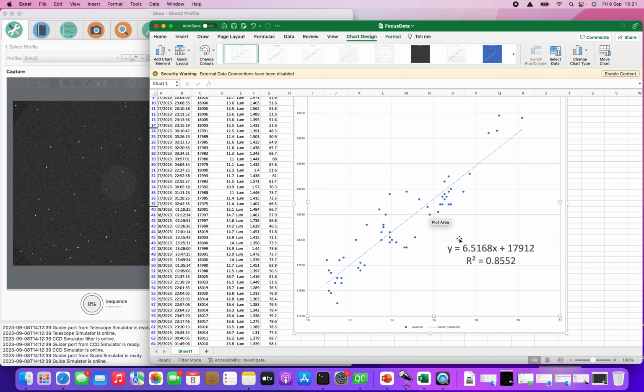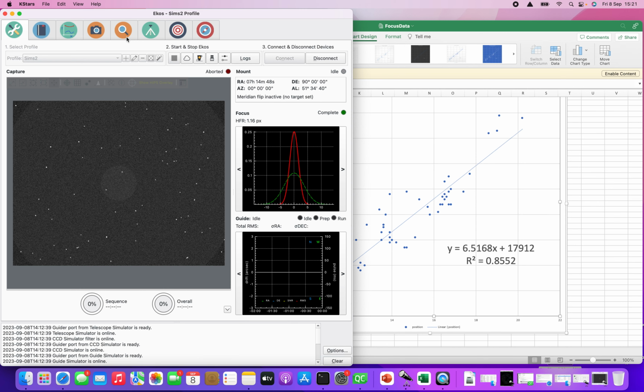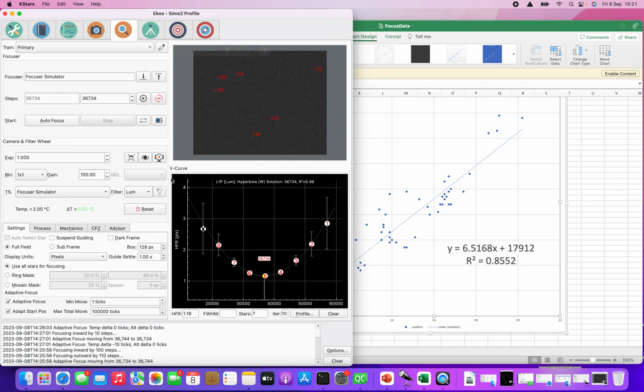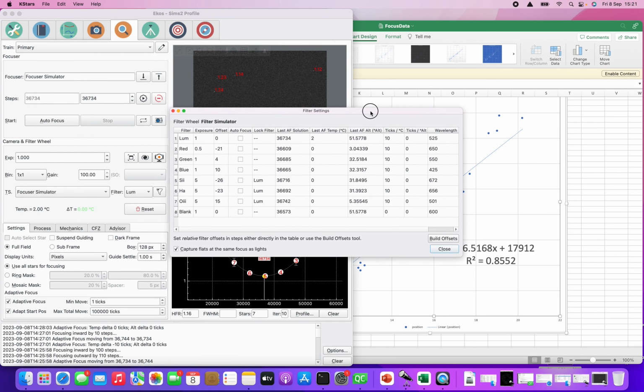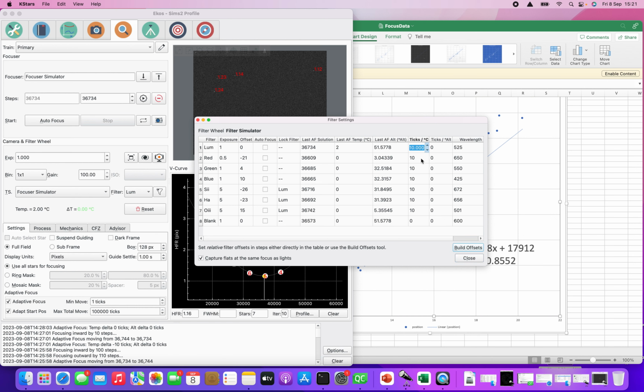So what I would do is take the results of this trend line, the 6.5, go back into Ekos, go to the filter settings and change this to 6.5. Now, I would need to copy this down to all of the other filters,